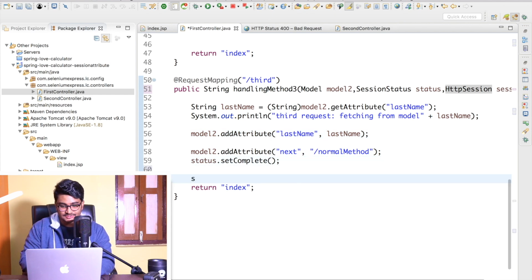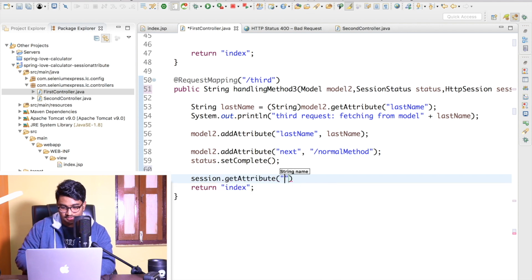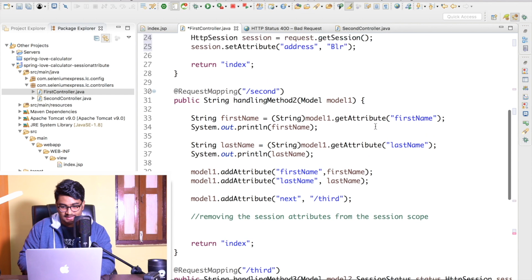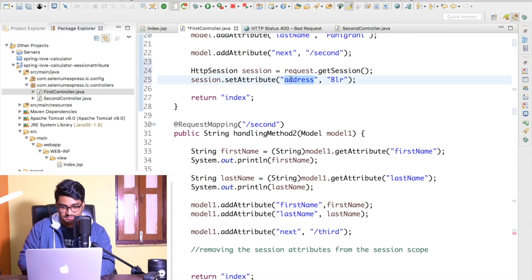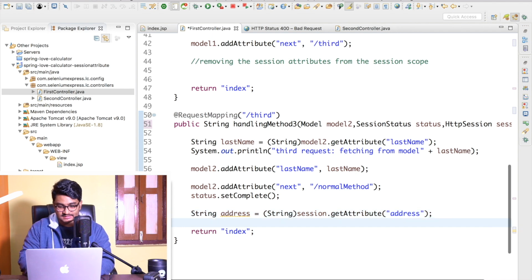So I can do session.getAttribute, and I can give the name here. My name was address. Copy this, paste it here. So I got hold of this particular variable. This getAttribute will give me an object, right? Let me typecast this to String, and store it inside String address equals, and right now let me change that address